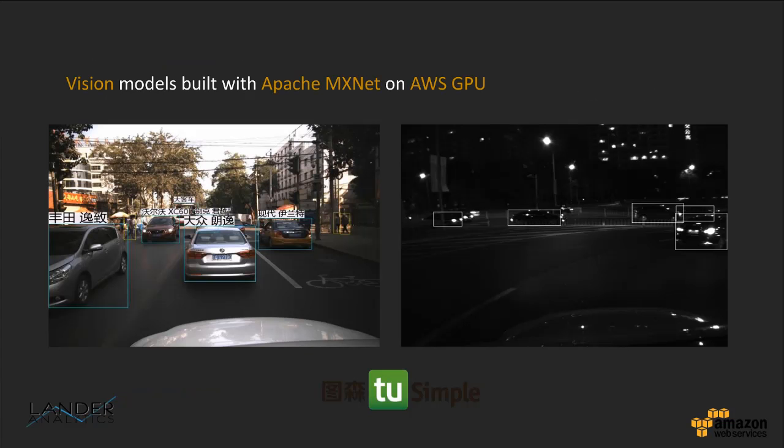So in the past few years, there has been a massive revolution in the competencies that people can inject in their applications or their workflows leveraging deep learning. And AWS is there to enable that by providing high-performance compute in the form of GPUs with P2 instances and more. This is an example of a customer called TuSimple, based in China, that essentially does computer vision using Apache MXNet on R and training their models with GPUs on AWS.